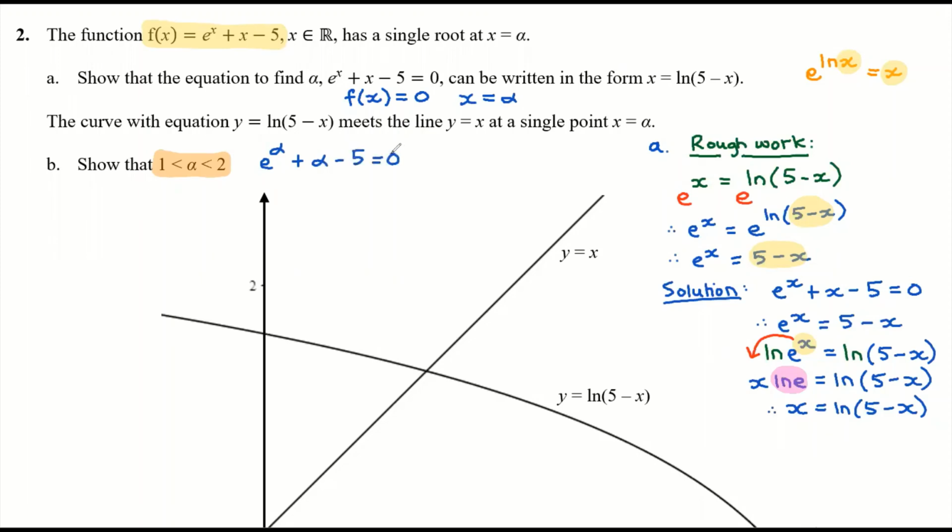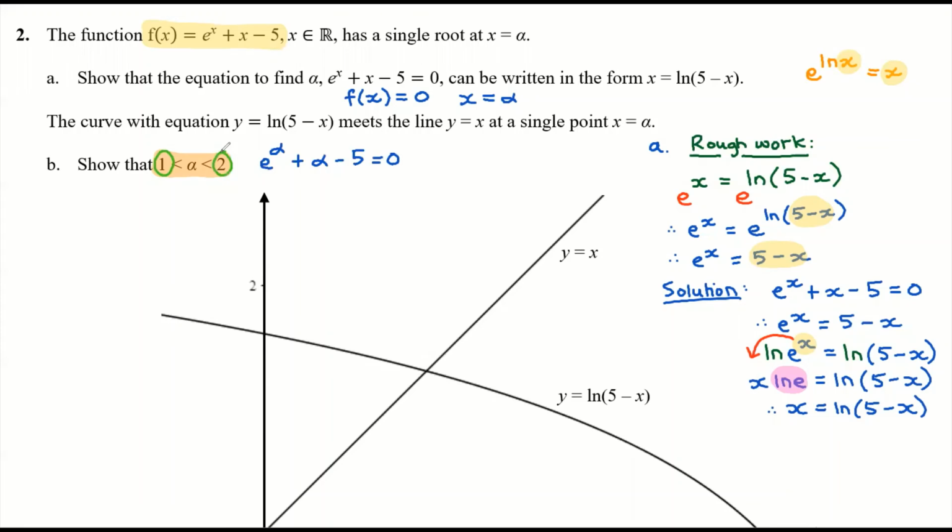We know that because alpha is that specific value that makes that equation true. So how do we show that alpha is between 1 and 2? Well, we can use the theorem that we looked at in the first lesson, and we're going to look for a change of sign between 1 and 2. Okay, so if we're showing a root lies between an interval,